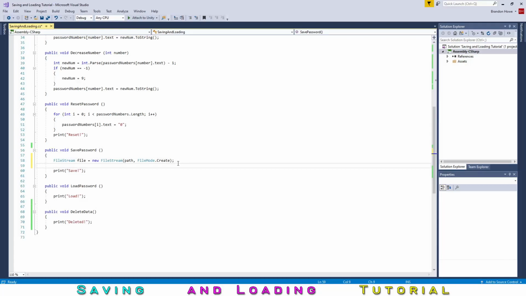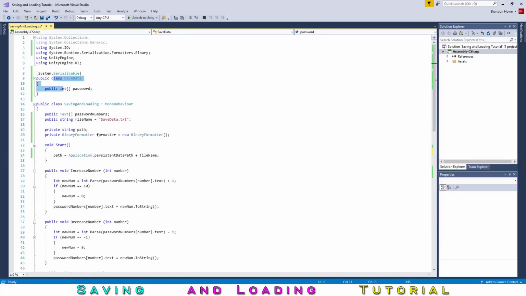Next, we need to actually make the save data and set it up to then be put into the file. To do that, we're going to make a variable of type SaveData. We can call it whatever, I can just call it data, I guess. And it equals new SaveData, similar to exactly what we just did for the file stream. So this is going to, our class up here, make a variable that is the type of